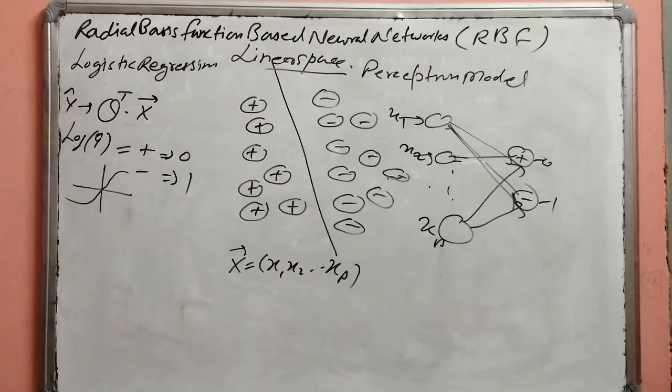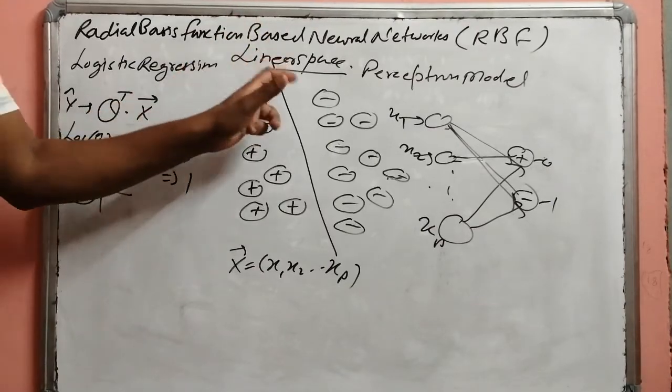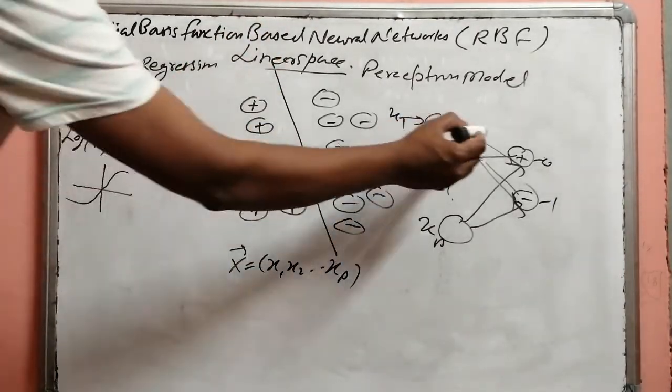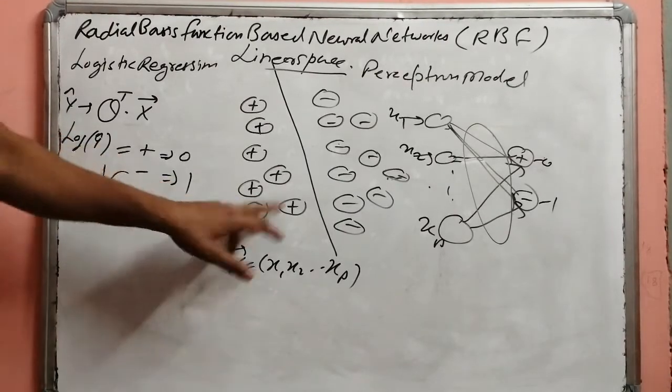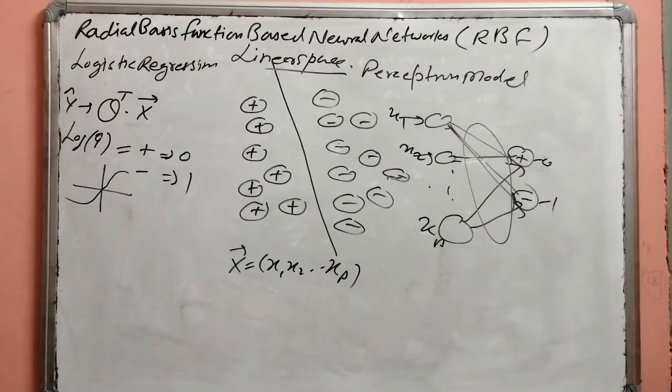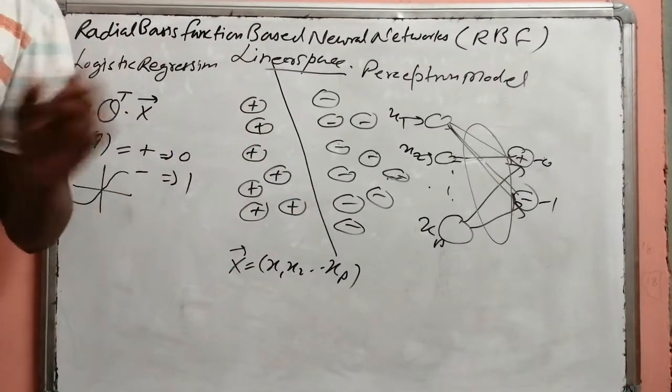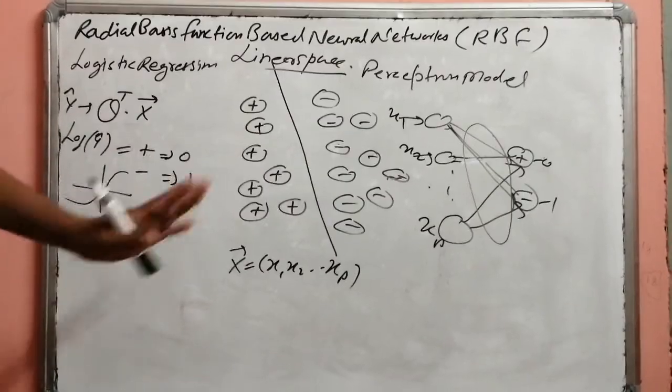So this is your perceptron architecture, and it again will try to find this line by adjustment of these weights which are there between the input layer and your output layer. So both perceptron model as well as logistic regression try to find a line that separates positive patterns from the negative. The only condition was that the problem should be linearly separable in nature.